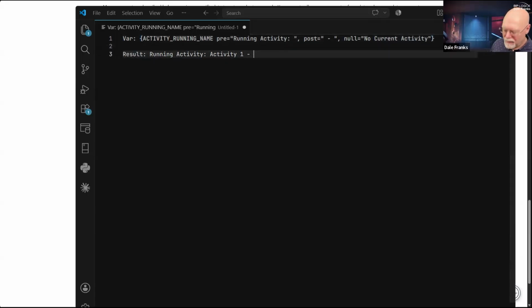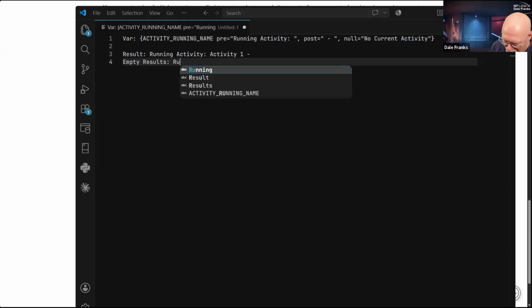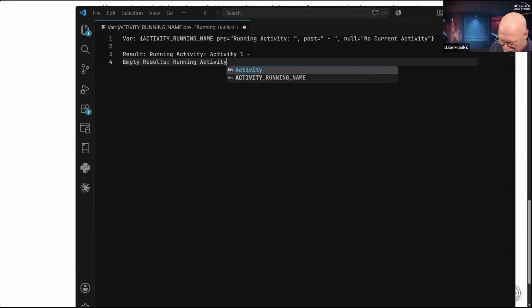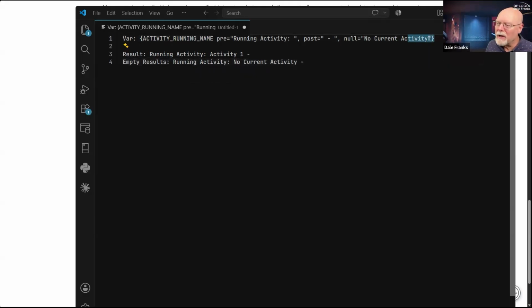And if there was nothing running, so I got an empty result, it would be running activity, no current activity. I generally don't need the null, because if there's nothing running, I'm not going to be displaying this at all. So I can actually get rid of the null.